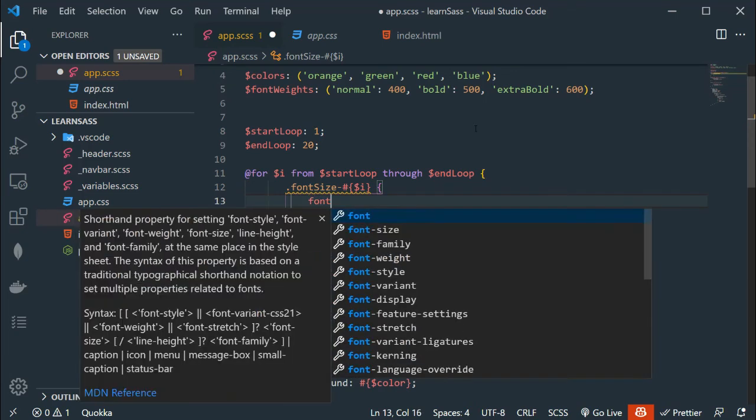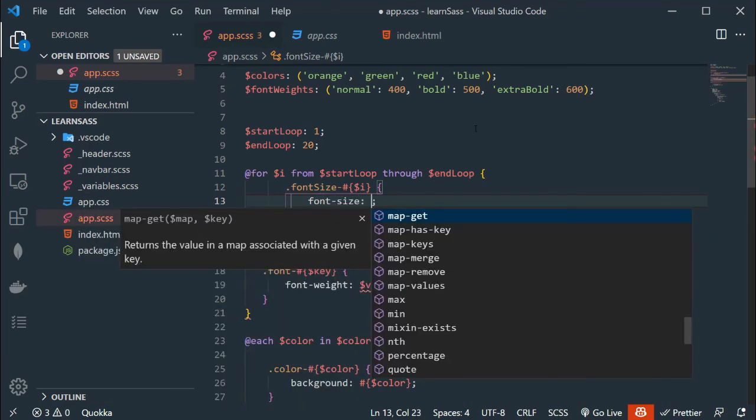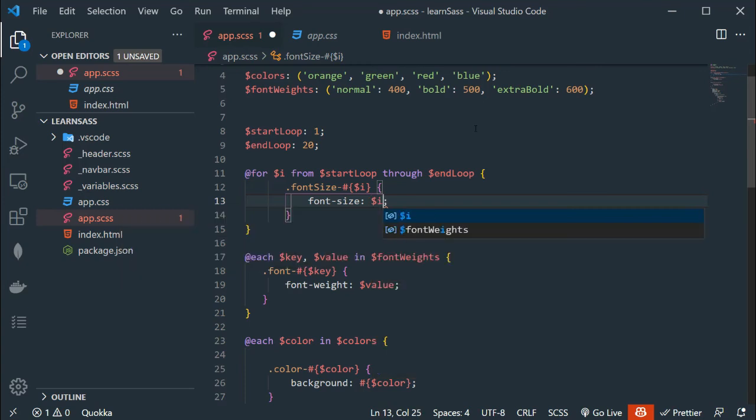And we will have the font-size property, and this will have what? $i. After the i, we have to append the pixel unit. So what we need to do, again we have to use hash curly braces, $i.